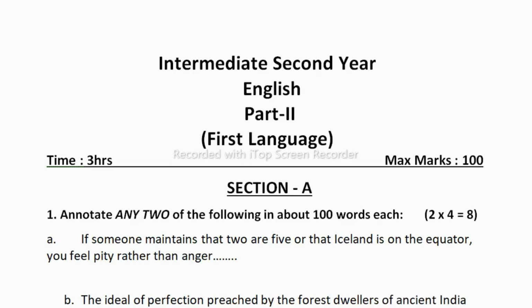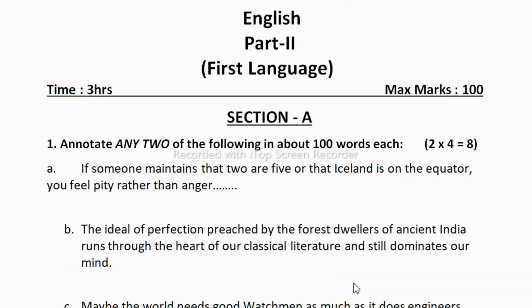Hello everyone, welcome back. In this video, we are going to discuss the intermediate second year English paper pattern, which is your first language. The paper will be for 100 marks and the time allocated is 3 hours. So in this video, we're going to see how you have to answer each section and each